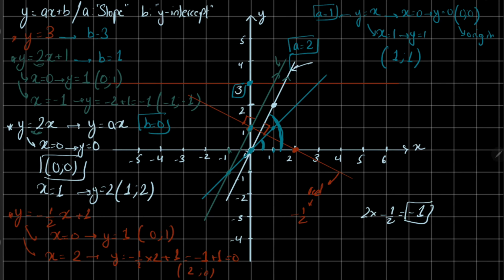For the red straight line having the negative slope, b is equal to 1. And we can see from the graph that the intersection between this red straight line and the y-axis is also equal to 1. And for the final example of the identity function, we can see that b is equal to 0 because we have no b in this equation. And we can see from the graph that the intersection between the blue straight line and the y-axis is the origin having the ordinate of 0. And this is